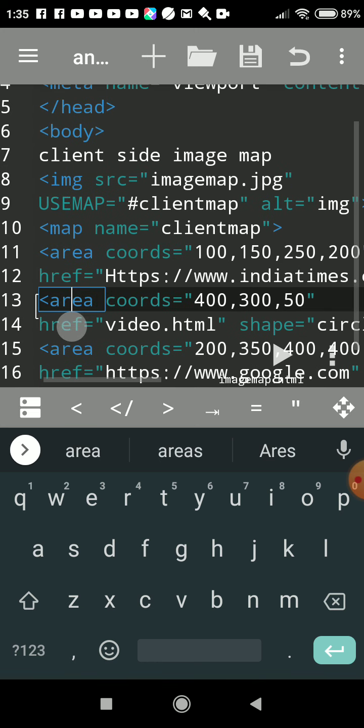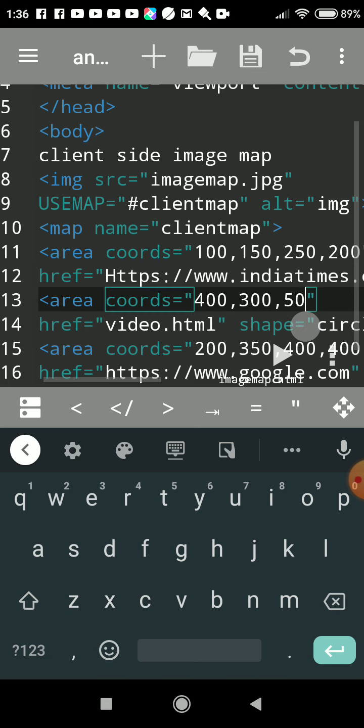Next are the other coords. These coordinates are for a circle, which means whenever you click on the circle of that image, where we had created a mark for the hotspot, we had created a link for that circle.